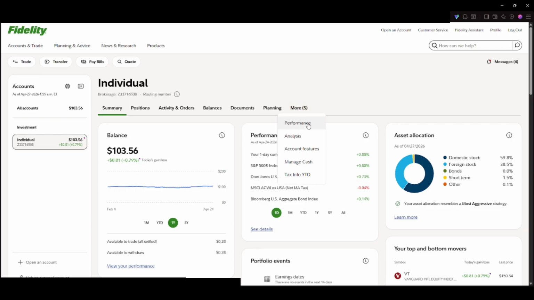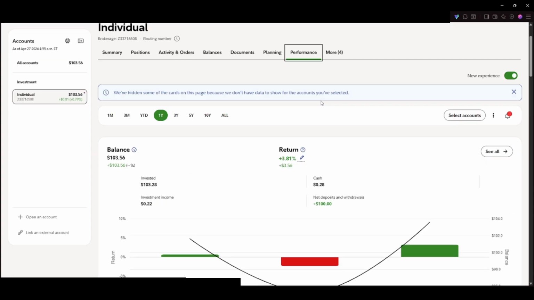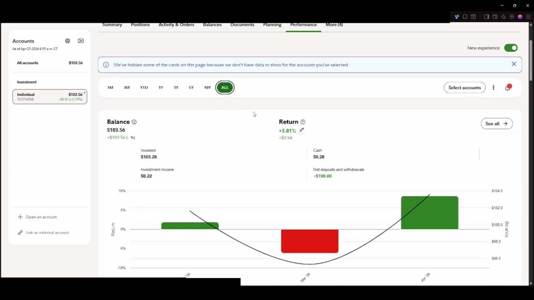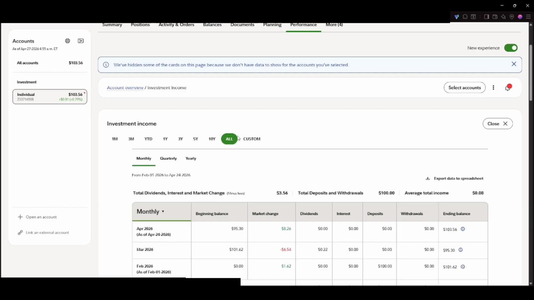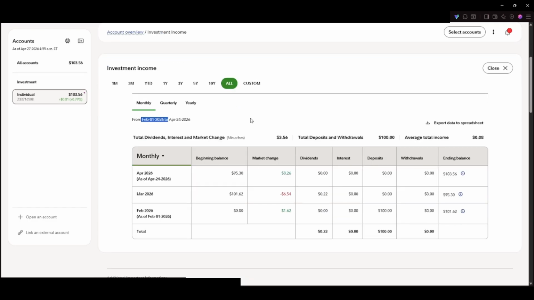In the Account History or Statements section, look for any historical records or account documents. You might find monthly statements or account opening documents that show the date when your account was established. If you have difficulty locating this information, there may be a search function to help you find specific documents more